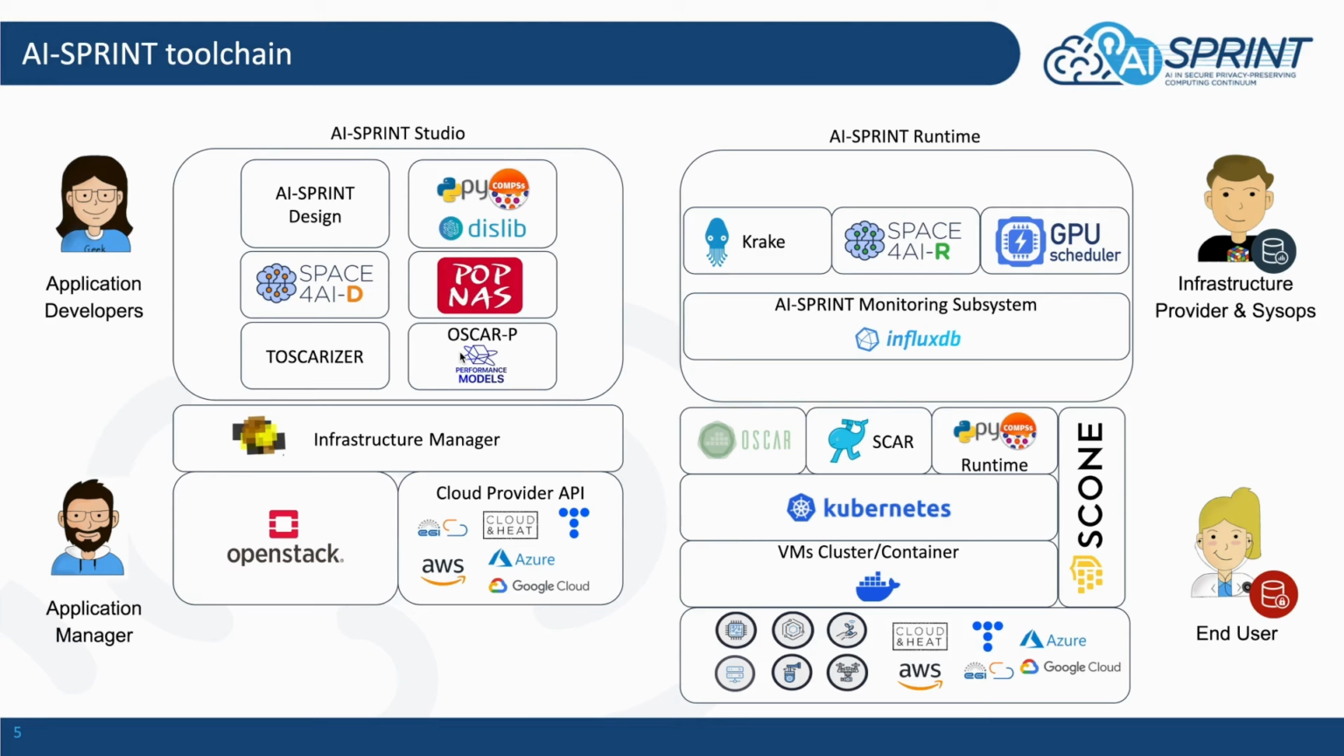PopNAS is a network architecture search tool that, given a labeled data set, provides the best deep network, solving, for example, image classification or image segmentation tasks. Toscanizer automates the generation of Docker images, including application components, their dependencies, and the required iSprint libraries. Toscanizer generates OSCAR files for each component to be deployed and translates the computing requirements to the TOSCA standard to communicate with the virtual